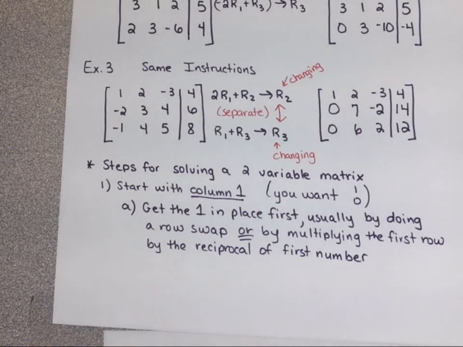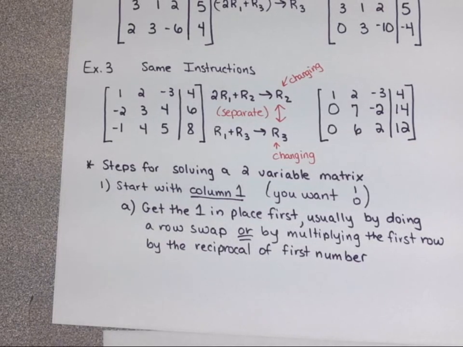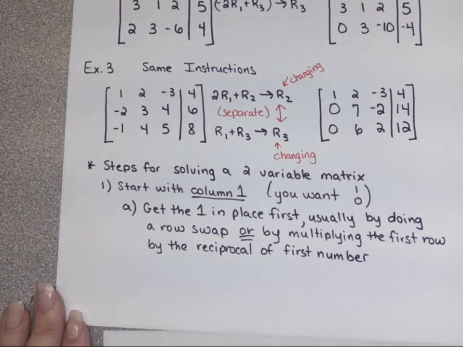In other words, if you have a 2 and you really want it to be a 1, you can multiply that 2 by what? And it'll change to a 1. 1/2, right? What if it's a 3 and you want it to be a 1? You could multiply that 3 by a what? 1/3, right? What if it's a 1/2 and you want it to be a 1? You can multiply the 1/2 times flip the 1/2, right? Multiply it times 2. So anything times its reciprocal is always 1, and we're going to use that to our